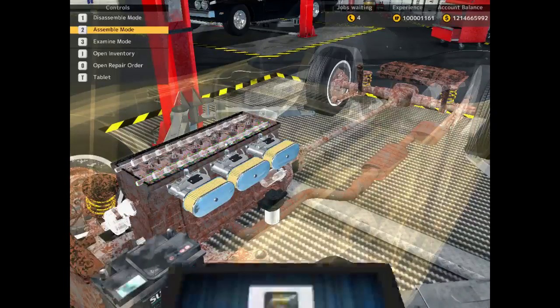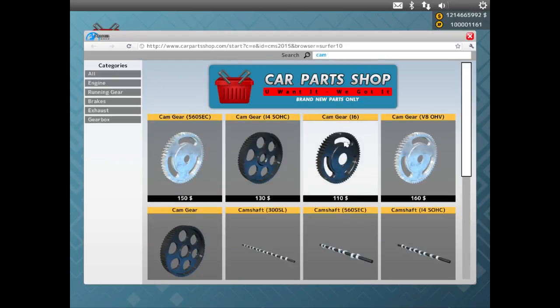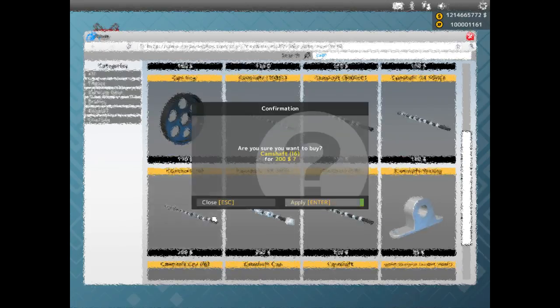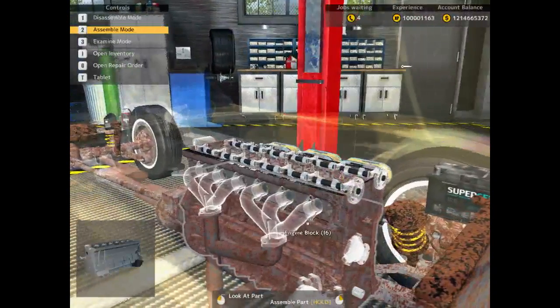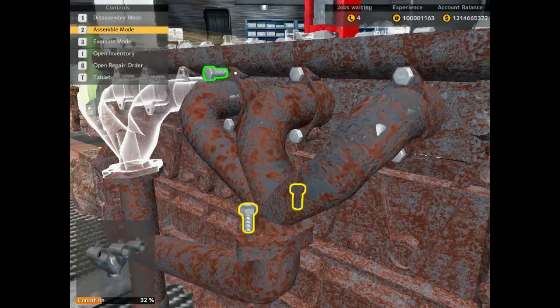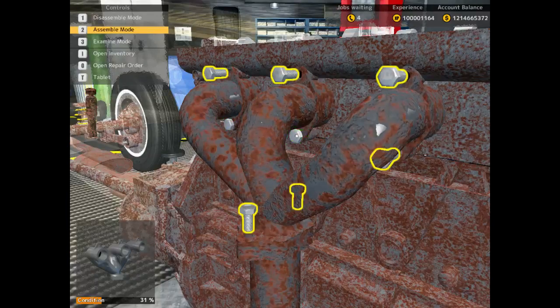We need more camshafts. Okay, the difference between the camshafts and this is another difference between the V8 cars and this car. This car uses the cams versus the push rods that are used in the older V8 cars in this game. And the push rod engines might be a little bit more in depth because there's more parts, which means you probably got to sit through me pulling out more parts and getting new parts and whatnot. So